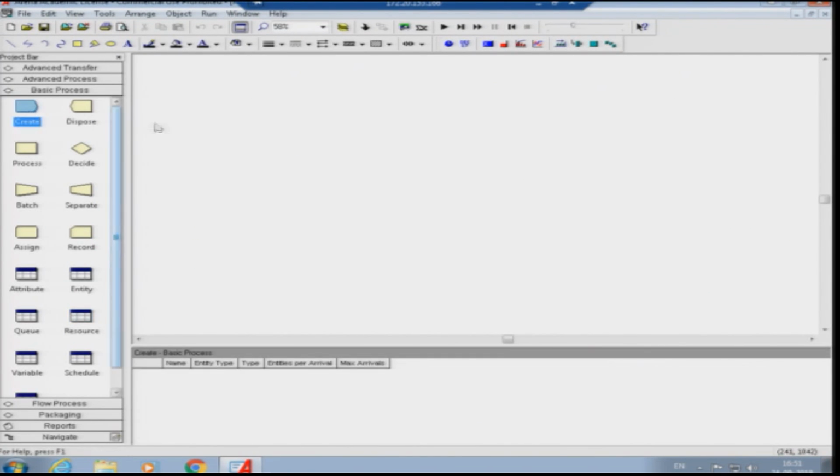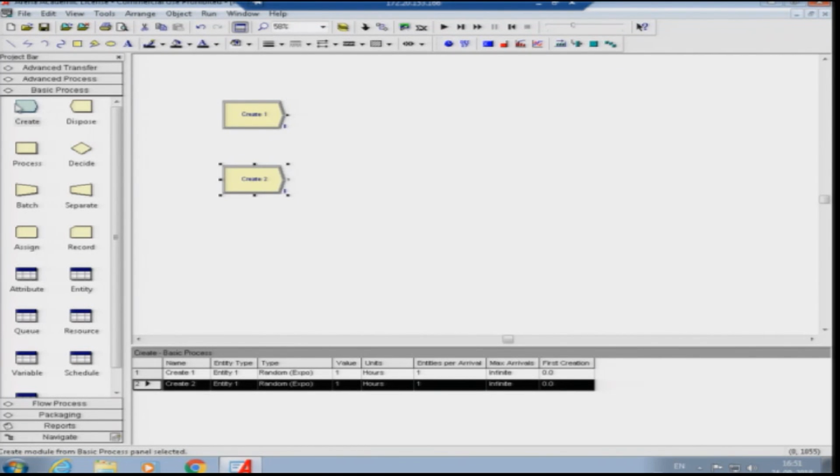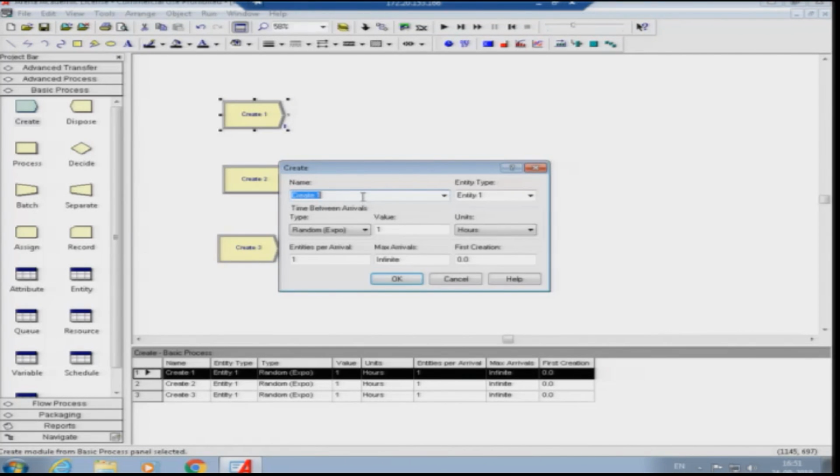Very similar to the earlier case, we will start by adding three create nodes, which will create separate kinds of customers. The first create node will create customers who want to withdraw or deposit money.